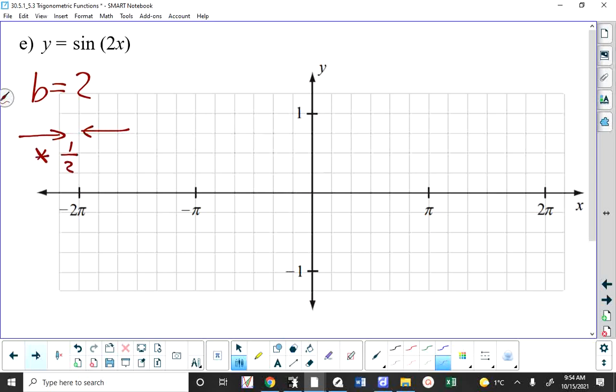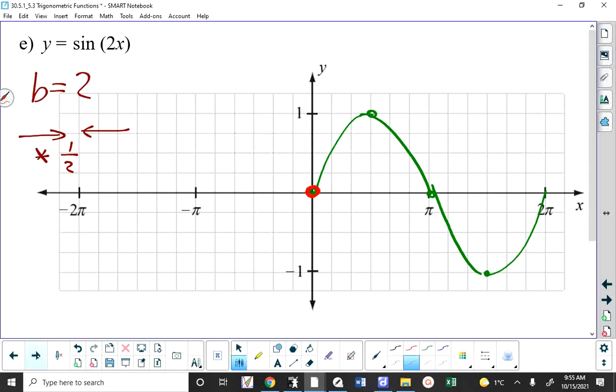So I want you just to think very carefully about what I'm going to tell you here. If sine of x, which I'm going to draw in green, goes through one complete cycle in 2 pi, and I take that,